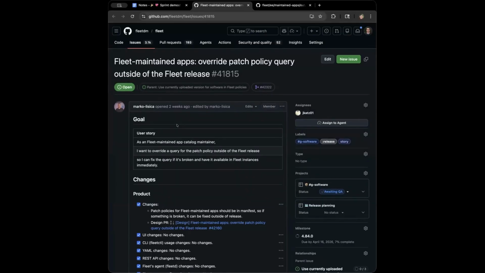He's off today. As a Fleet maintained app catalog maintainer, I want to override a query for the patch policy outside of Fleet release so I can fix a query if it's broken and have it available for Fleet instances immediately. This takes the existing patch policy behavior that we added in 4.83 and pulls it into the manifest files